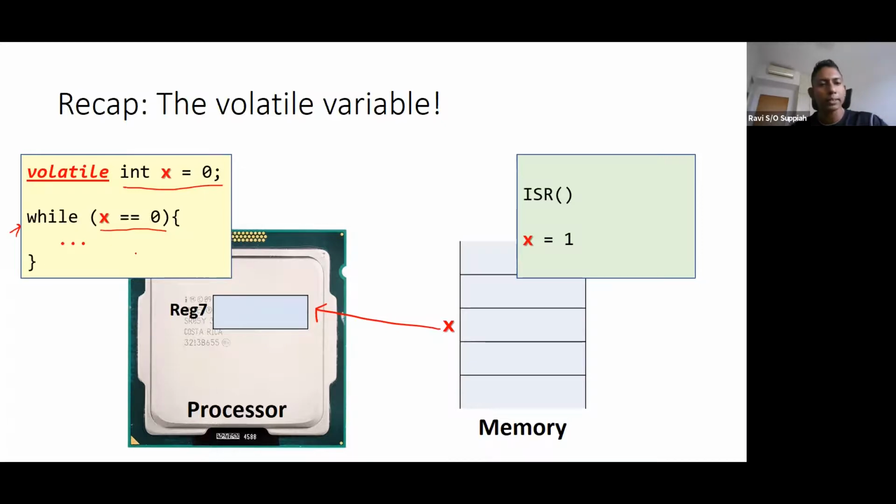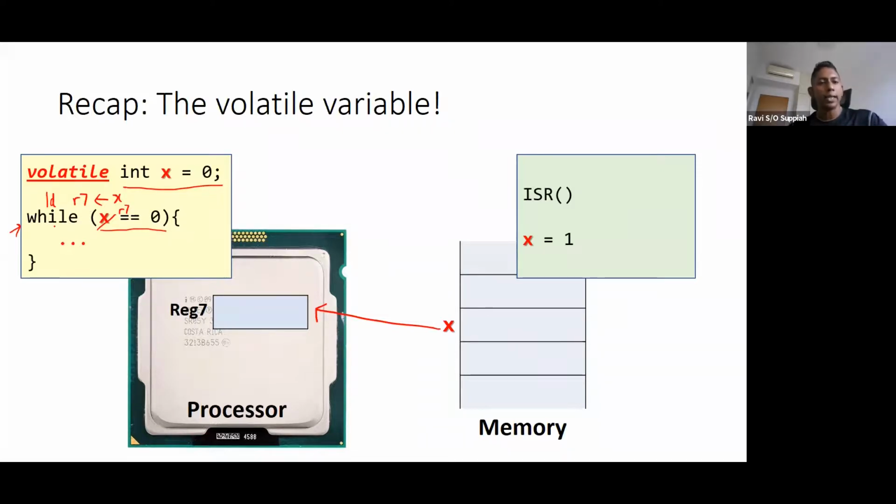So what will happen is, prior to this while loop, I will have an instruction that does a load from memory, where I take the data from x and put it inside maybe R7. Think of it like pseudocode, where I'm taking the data from the physical memory. Then this line here, while x equals 0, will actually be done using R7, because you use the internal registers to do the comparison.